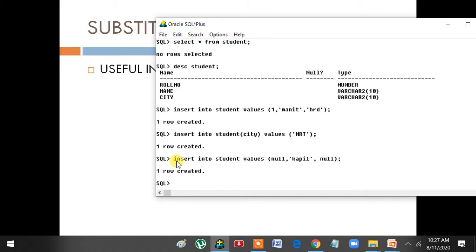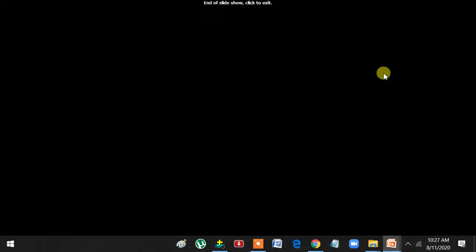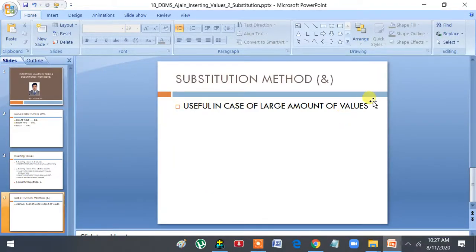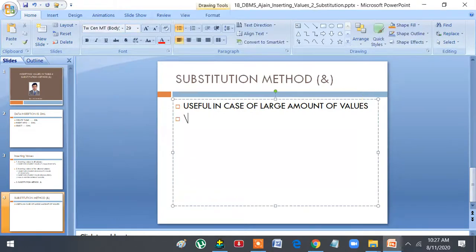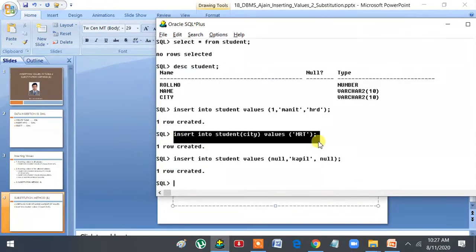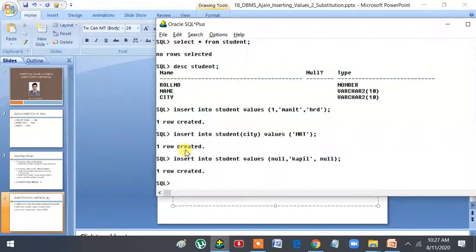So you can see all three examples are here. This was the first one. Let me type it here also so that you can check it. This was the first method. This was the second method. And this is the third method.